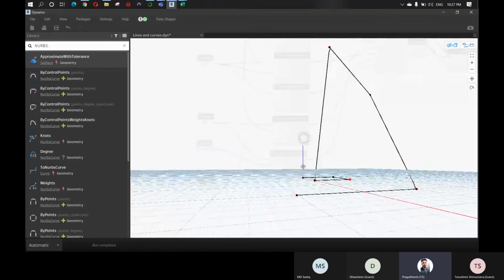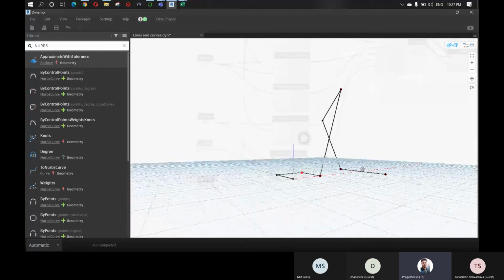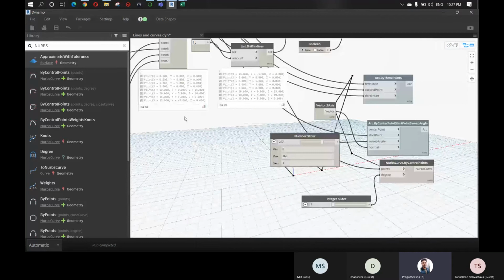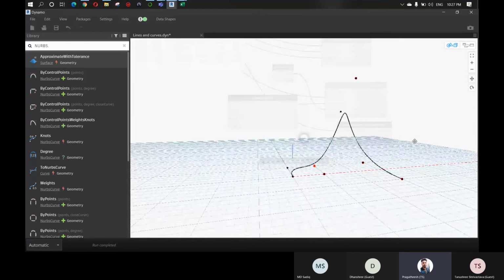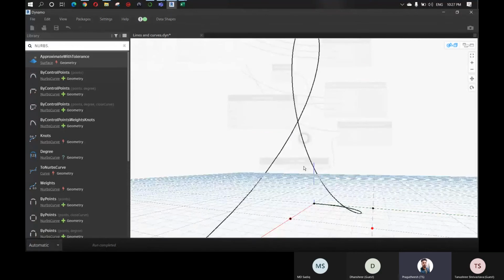So you can see these curves are now in the z-axis. Now it is not in a plane, right? We can make it a little smooth. We can change the slider, the angle, and now we can see it is somewhat curved. So as you can see, Dynamo is capable of drawing many different types of curves. Not only in the plane, you can create any different types of curves as per your need.